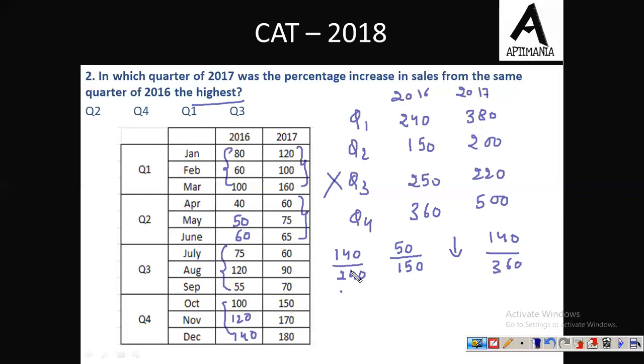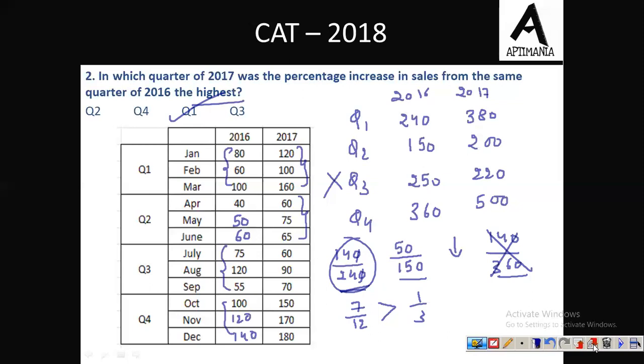Now comparing these two values, 140 divided by 240, 140 divided by 360, obviously this value is greater because हम यहाँ 240 से divide कर रहे हैं, यहाँ पर 360 है, so we can eliminate this value as well. Now we need to compare these two values, so this is basically 1 by 3 and this is somewhere around, यदि आप इसको 2 से कट करेंगे तो 7 by 12. So this 7 by 12 is greater than 1 by 3. Fine. So the correct answer is quarter one. Option C is the correct answer to this question.